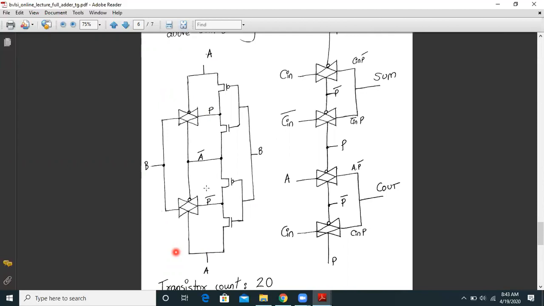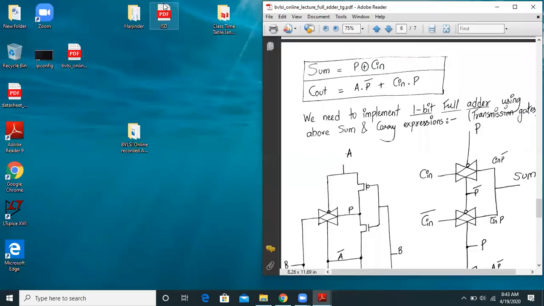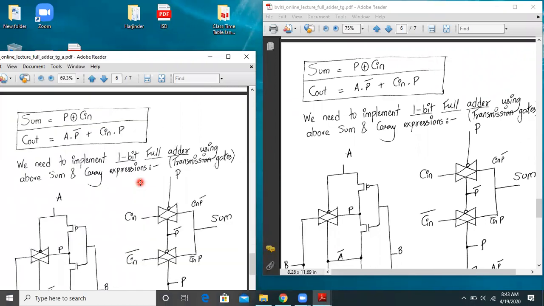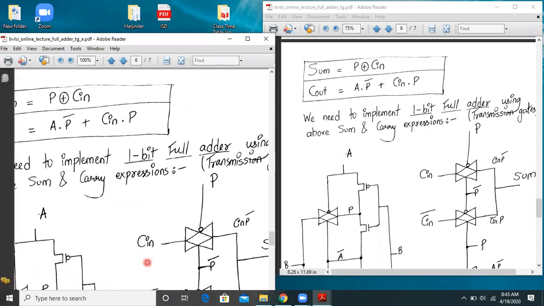Now we have seen the carry expression, and the sum expression as P XOR Cin. So let me just open up another PDF and show you exactly what I'm trying to say over here. So these are my expressions.